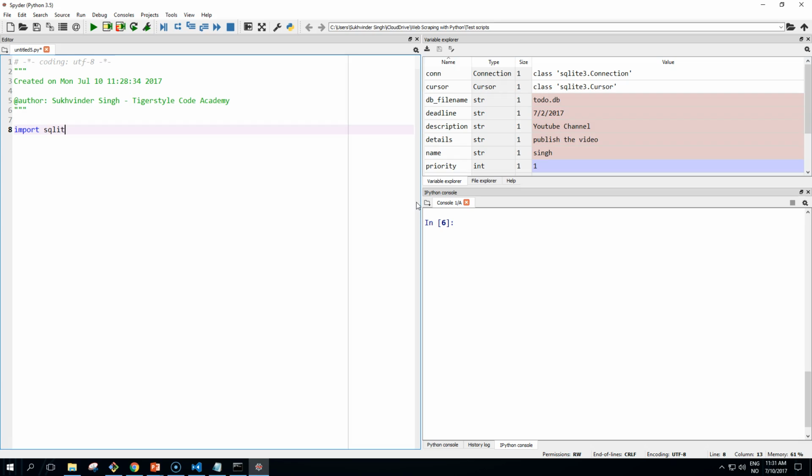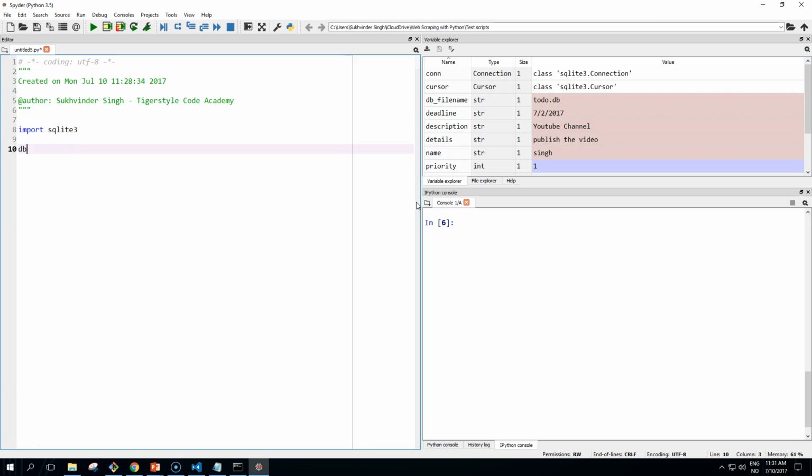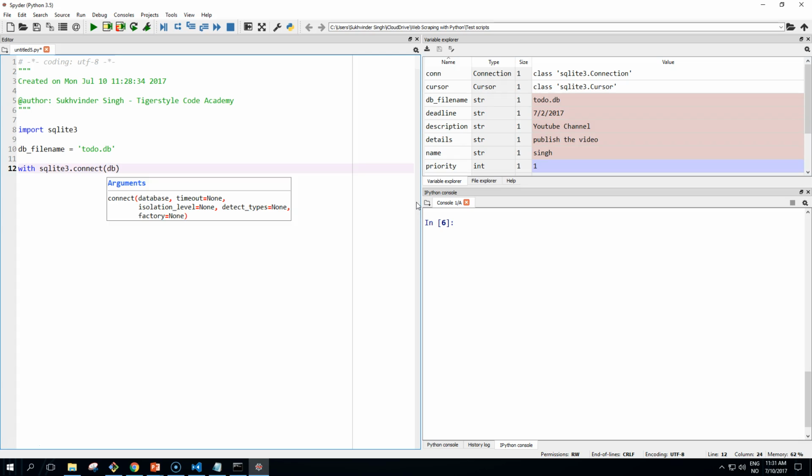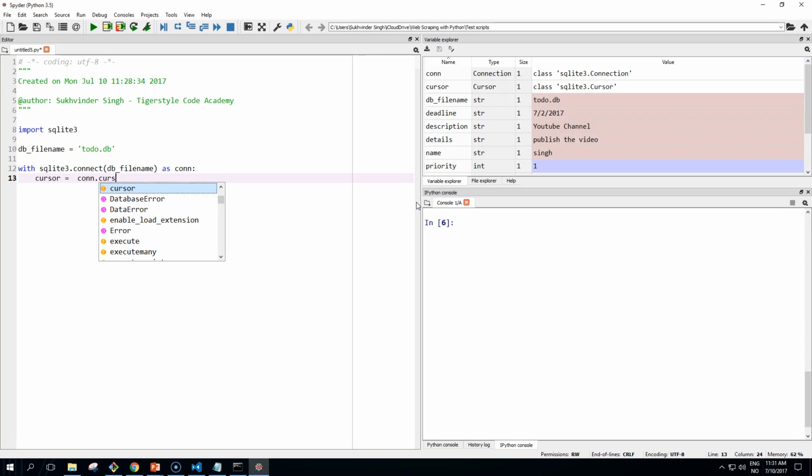So let's start writing our program and import sqlite3, and then we define the file name of our database, which is todo.db, and then we open the connection to our database file name, and we define our cursor, the connection's cursor, and then we execute the cursor's execute,